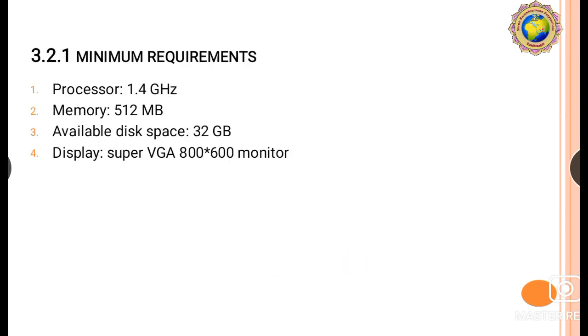Okay, so here the minimum requirements for our Windows Server system are: processor 1.4 gigahertz (GHz), then memory 512 MB (megabytes), available disk space 32 GB (gigabytes), display Super VGA,